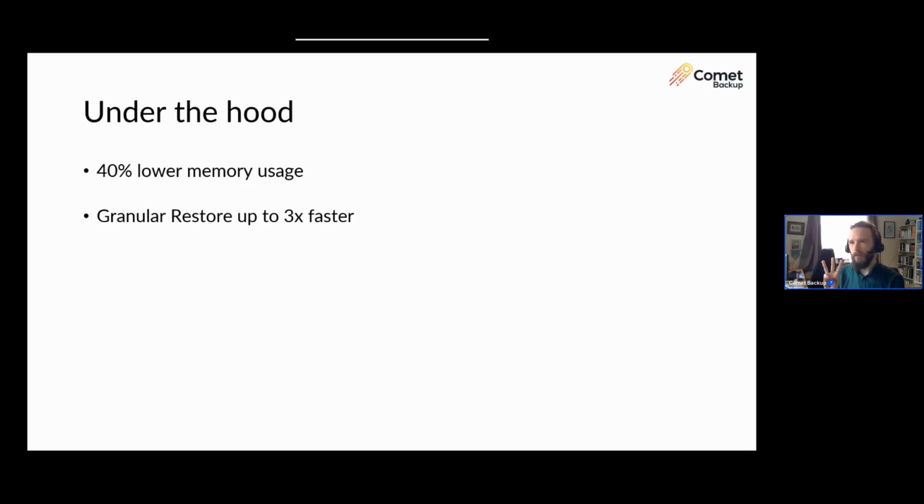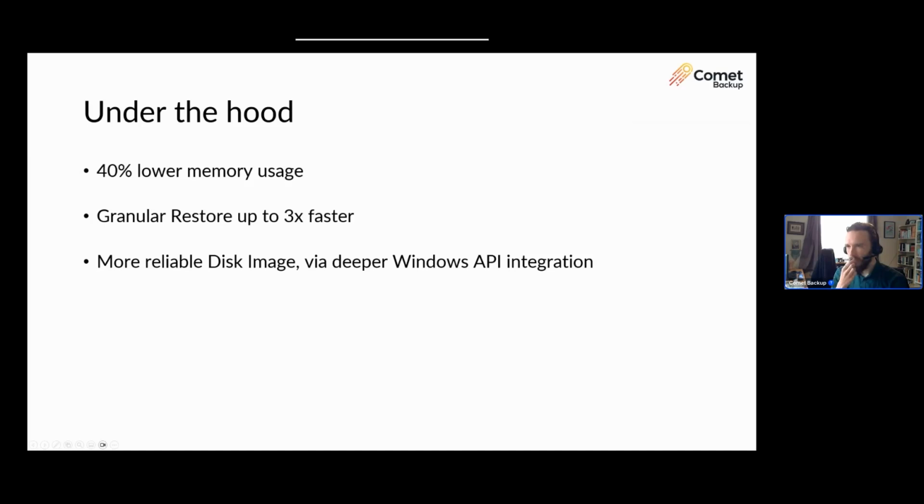There are 3 more under the hood changes to quickly cover. First of all, we've rebuilt the disk image feature on Windows to better juggle what disks you have attached. This should help Comet figure out what disks and drives are attached in those odd cases. But you might not realize there's so many odd cases, not just RAID and dynamic disks and storage spaces and